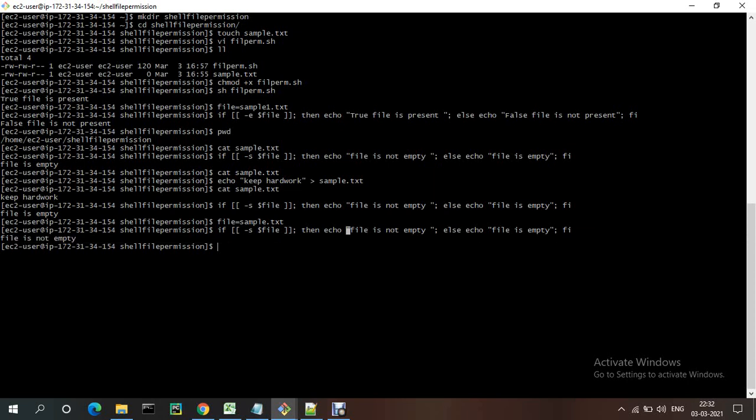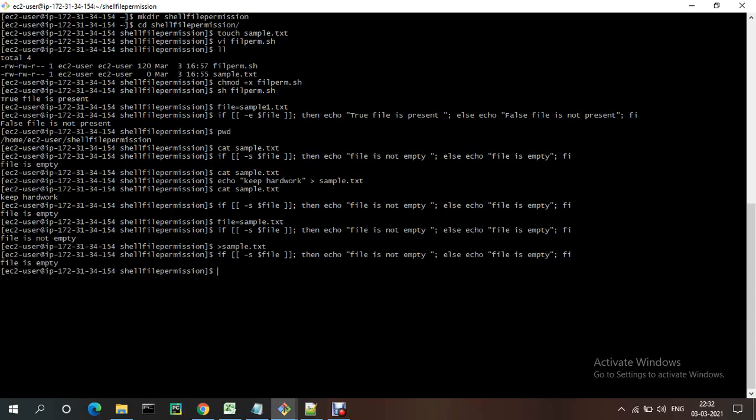So now it is executed. Some data is there, that's why it's not empty. So if you remove the data and now try to execute, it should say file is empty. So there is no data in sample.txt.